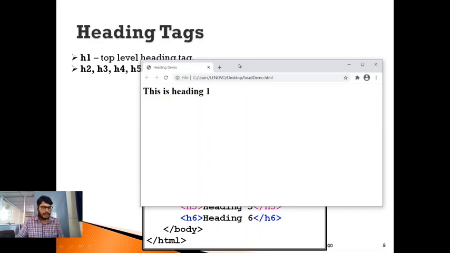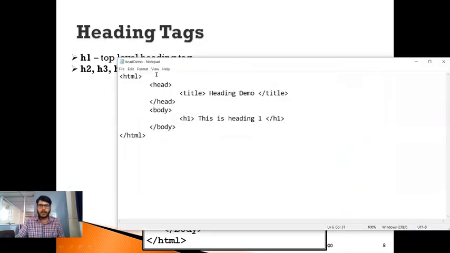Okay, let me do this. Let me go to the source code here, press enter. Now I'm going to use H2 here. Now let me type, this is heading 2. Okay, again close the H2 tag. Remember, now I have opened the H2 tag here, and similarly we need to close the H2 tag.